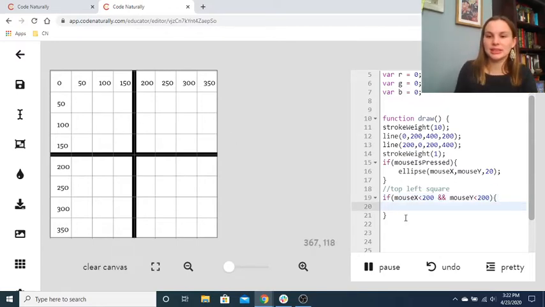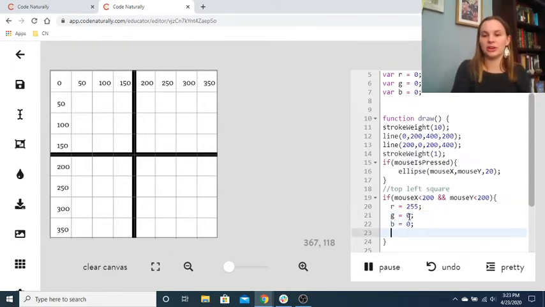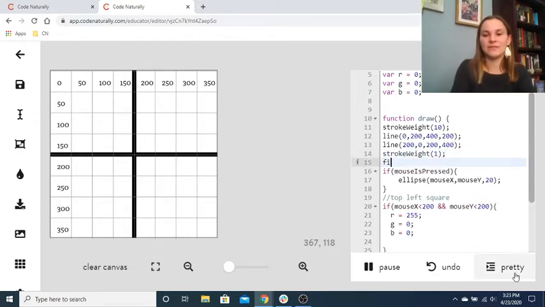In this case, I'm going to make R equal 255, G equals 0, and B equal 0. Feel free to change these numbers, make them anything you want. And the last thing that we need to do that we're missing here is to go above where we made our ellipse and write fill and then R, comma, G, comma, B. So if we did this right,